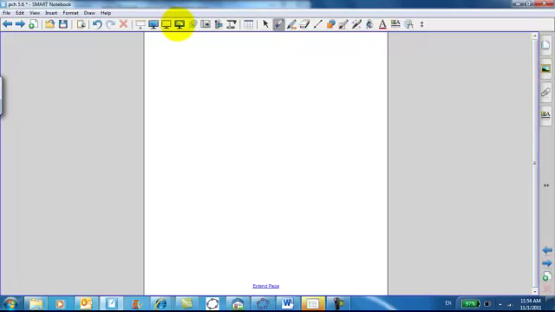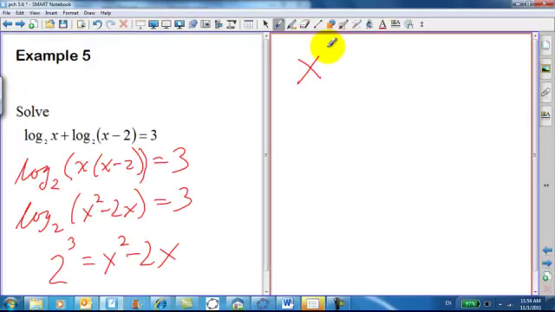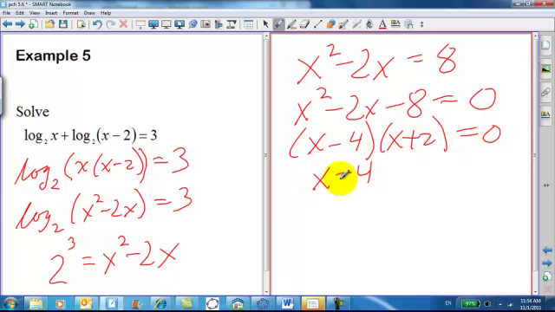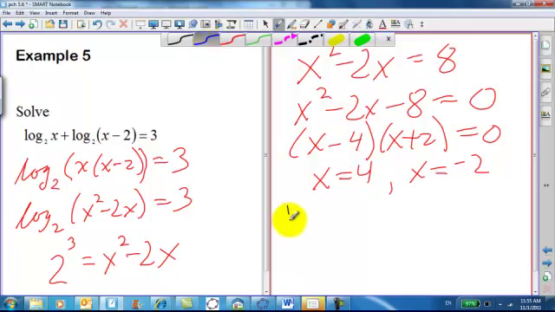Let's get the split screen. x squared minus 2x equals 8, or x squared minus 2x minus 8 equals 0. So this factors happily as x minus 4 times x plus 2. And so you get x equals 4, or x equals negative 2. But wait,